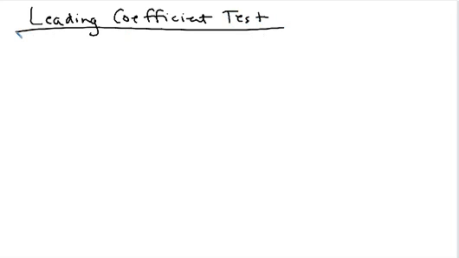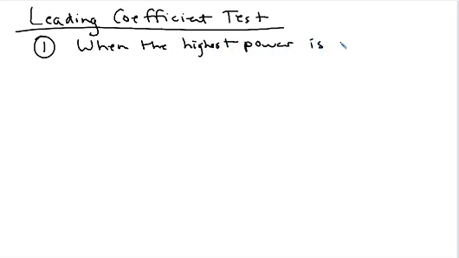The leading coefficient test. And there are basically two rules, all right? One dealing with when the highest power is odd, and one dealing with when the highest power is even, okay? So, first rule, rule number one. When the highest power is odd, there are two little substatements. A,